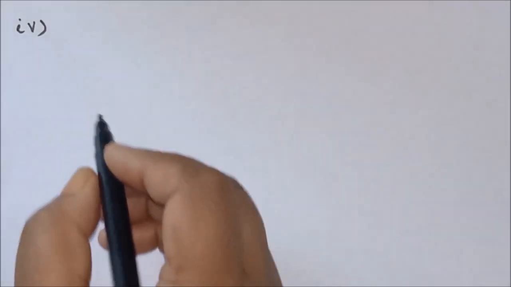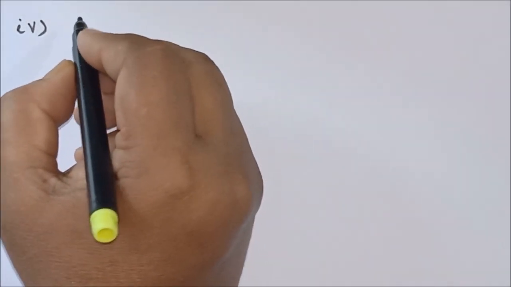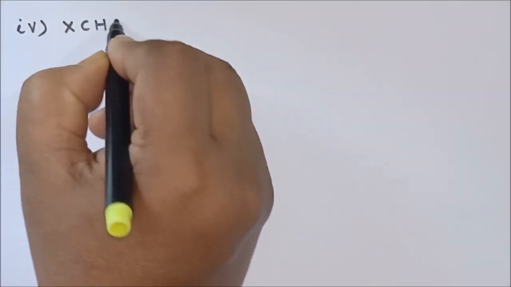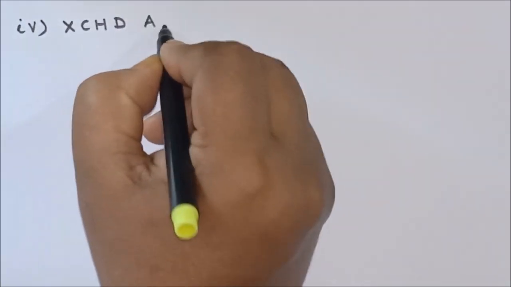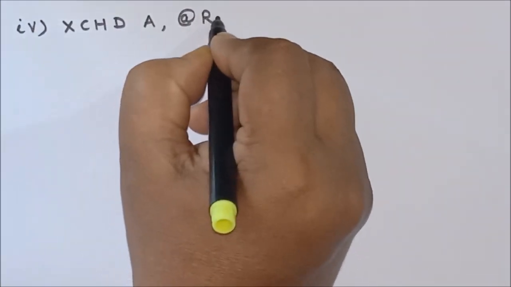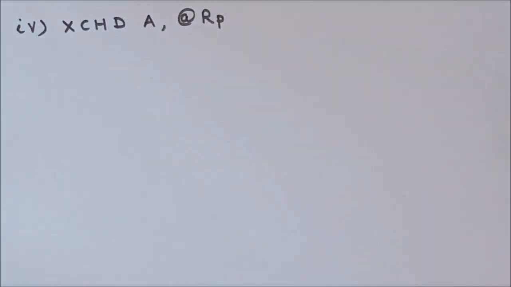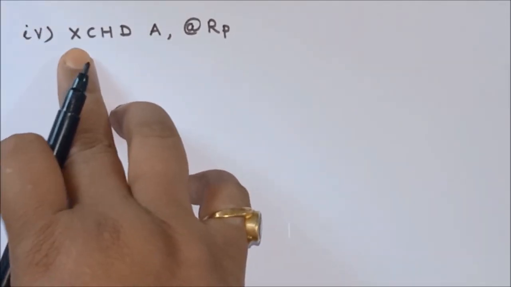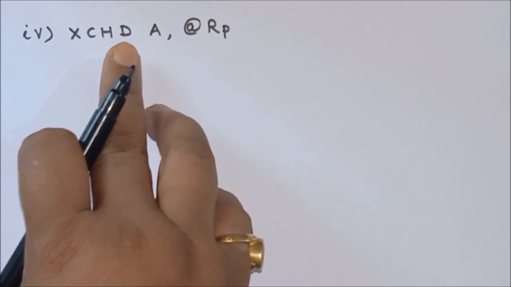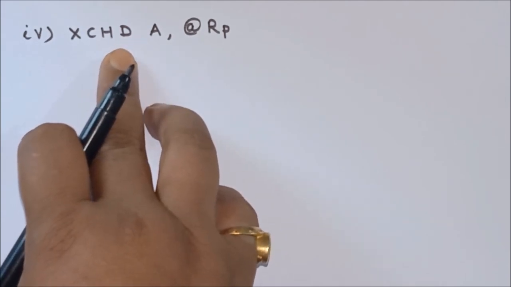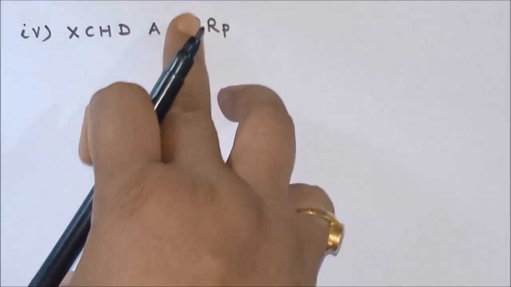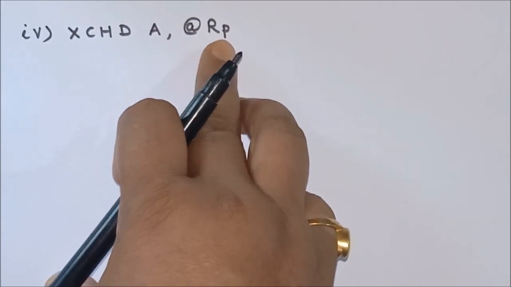The next instruction for exchange, that is the fourth type of instruction for exchange operation, is XCHD, that is XCHD A, @Ri. Means again we can use it in indirect addressing mode. The mnemonic is XCHD. So it will exchange lower nibble of A and lower nibble of address location pointed by